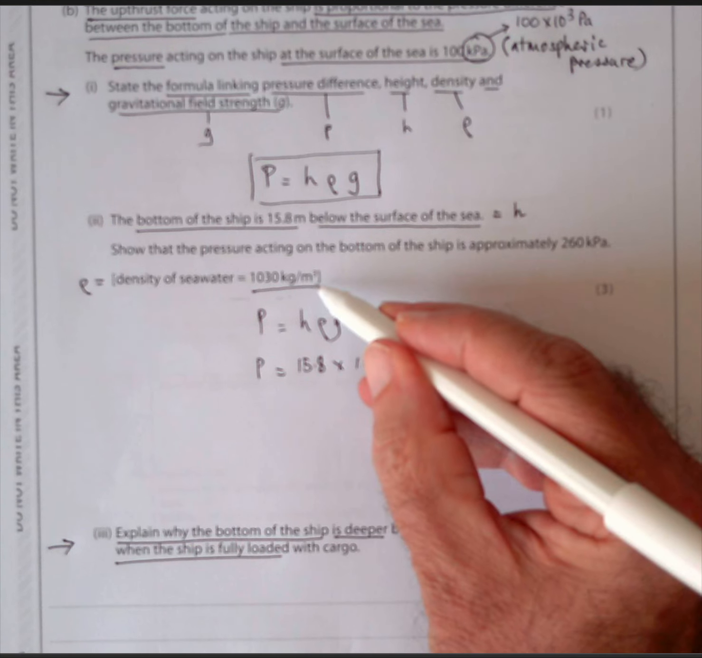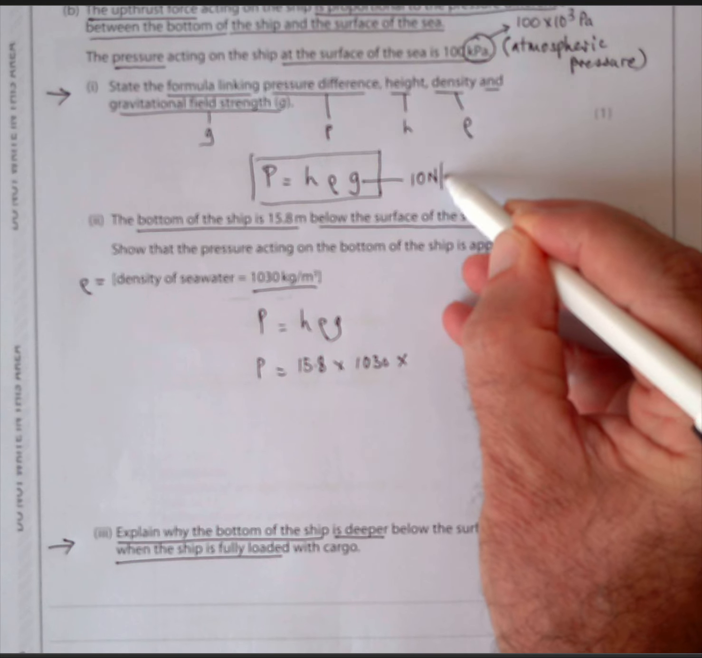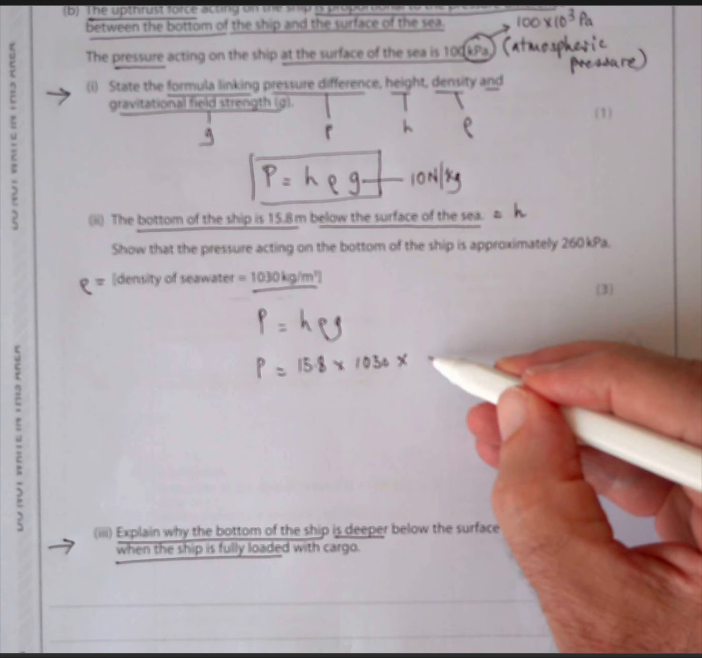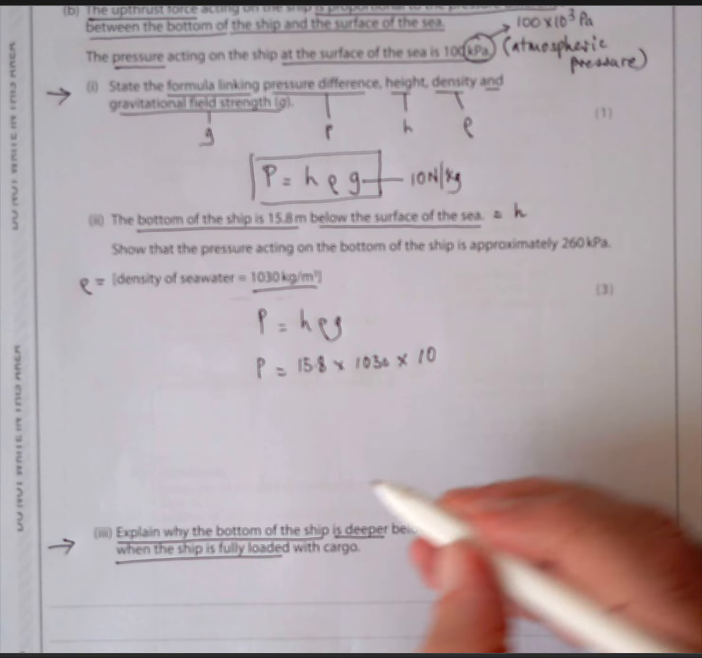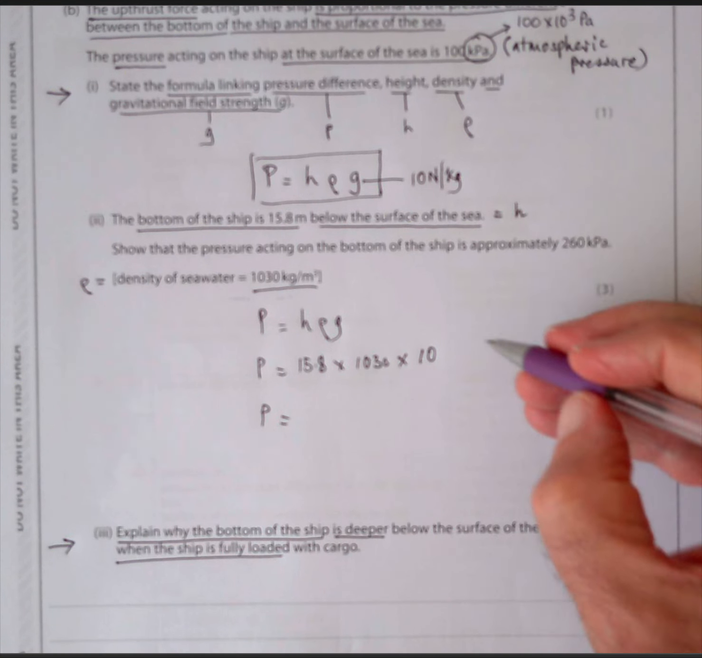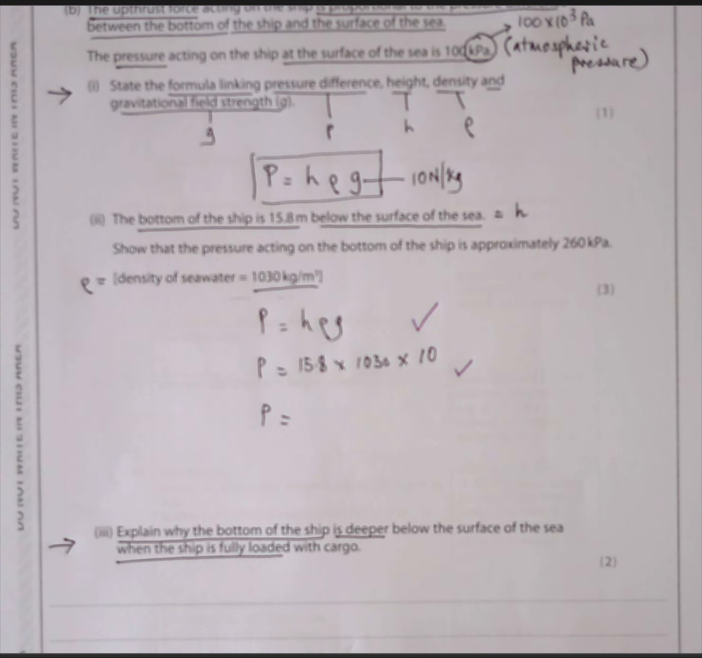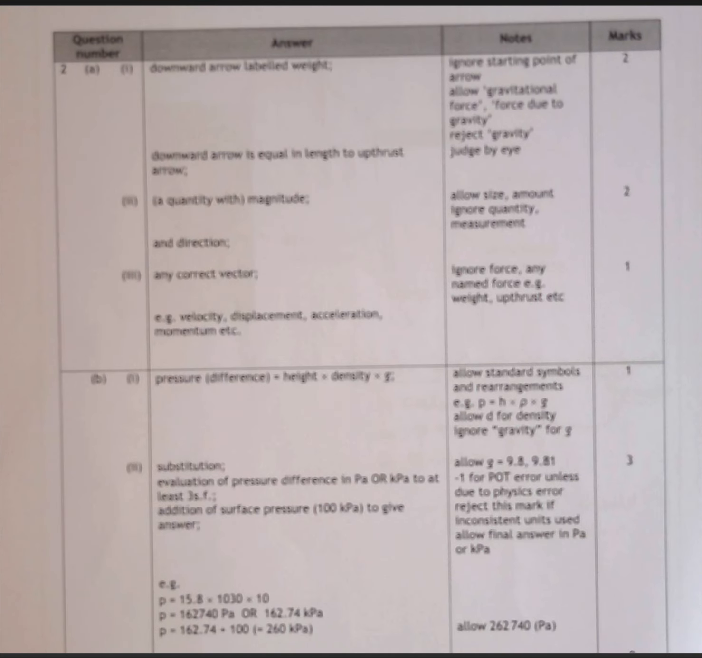And G, in this equation, is always 10 newtons per kilogram, which is given to you on your data sheet. So you always multiply by 10, put the numbers in, and you will get 1 mark for putting the numbers in correctly, and 1 mark for the answer. So if we look at the answer on there, it comes out to 15.8 times 1,030 times 10, which gives you